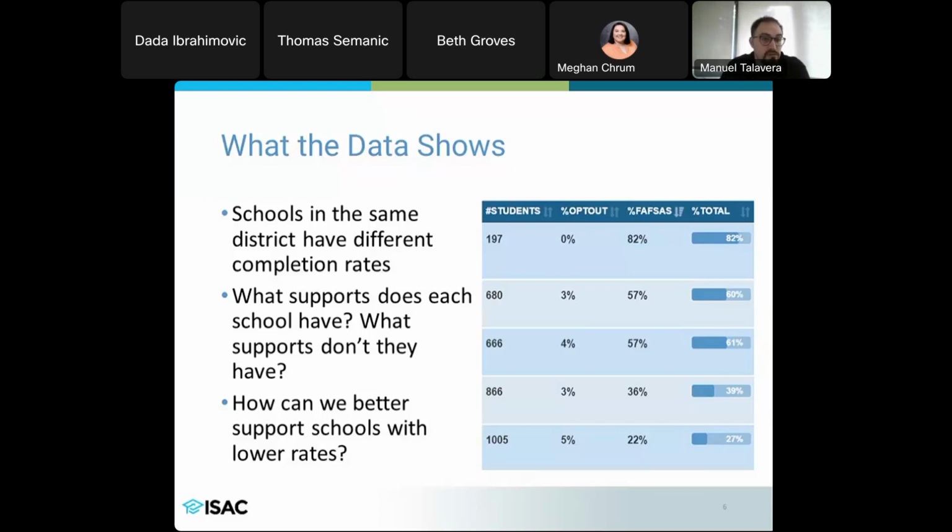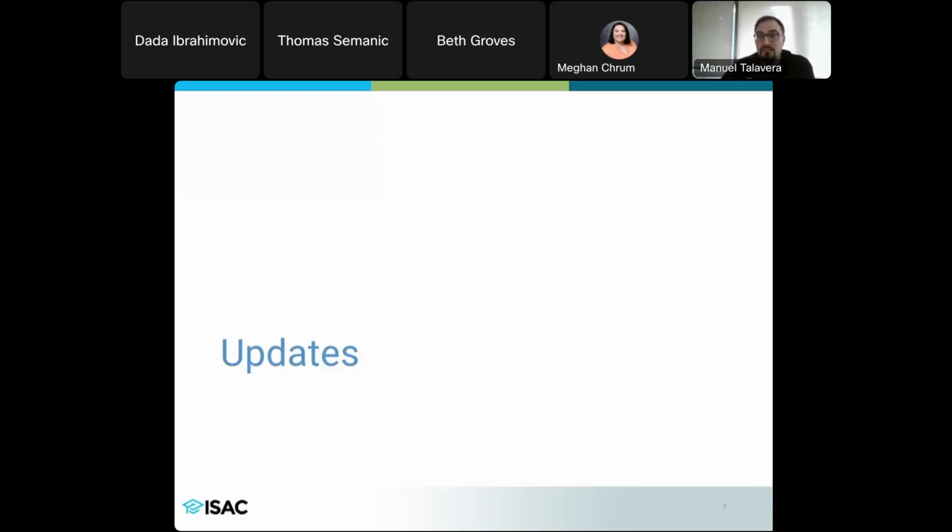Well, what sort of resources and support options can you provide for those schools, whether it's partnering with ISAC Corps and hosting multiple financial aid application completion workshops at different times, different days, right? But also think about in general, what can we do to help those students get those percentage points up, or especially if you notice that the opt-out form completion rate is higher than what you think it should be, because most of your students do qualify for financial aid. So let's talk a little bit about updates.